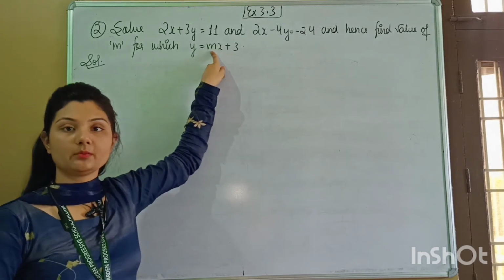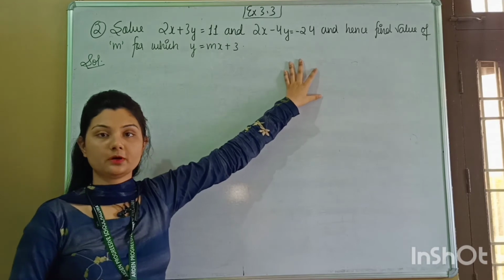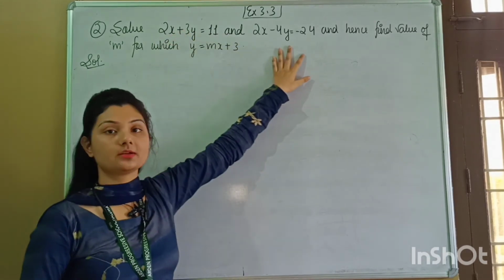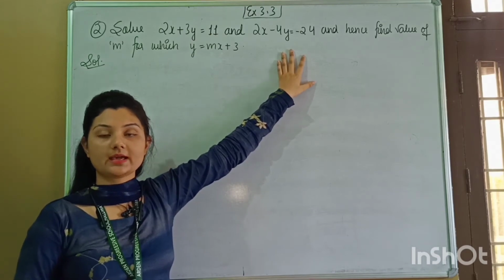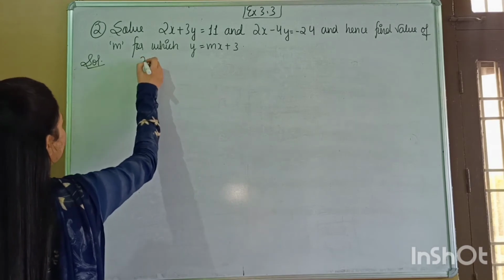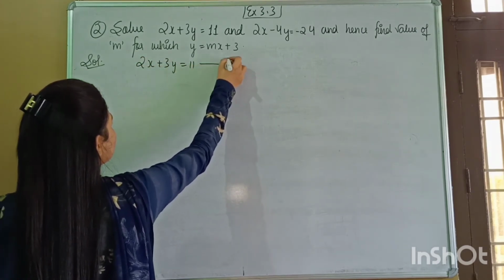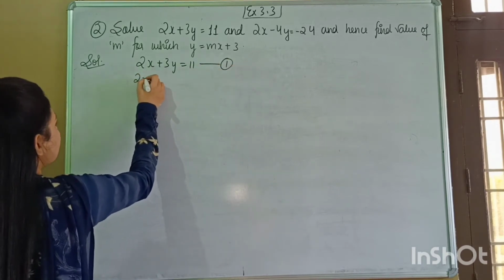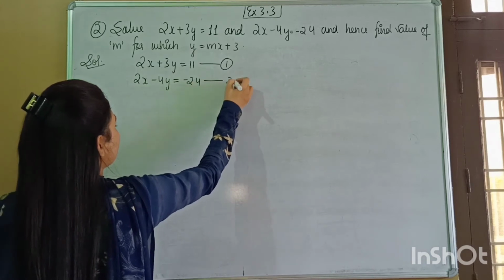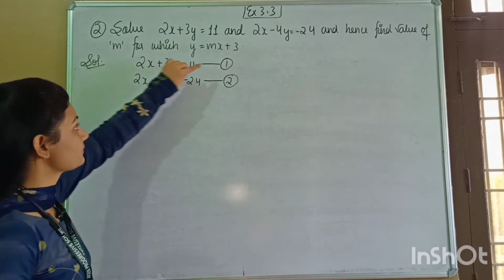So after putting the values of y and x in this equation, we have to take out the value of m also. So again, two equations are given, and first of all, by using the substitution method, we will solve these two equations and take out the values of x and y. So let's start. Two equations are given, that is 2x plus 3y is equal to 11, name it as first equation. Second is 2x minus 4y is equal to minus 24, name it as second equation. So taking the value of x from equation 1,